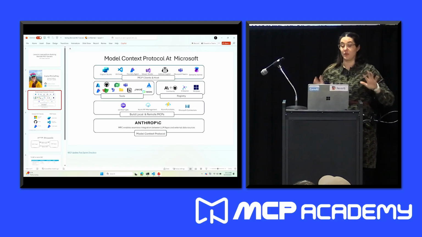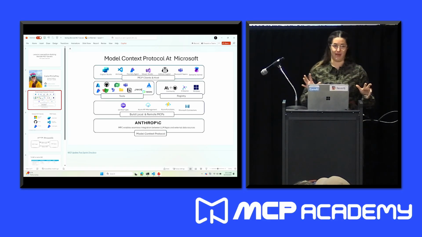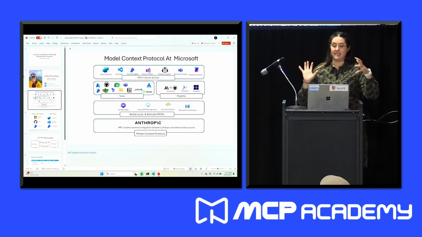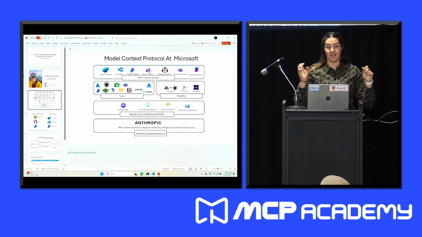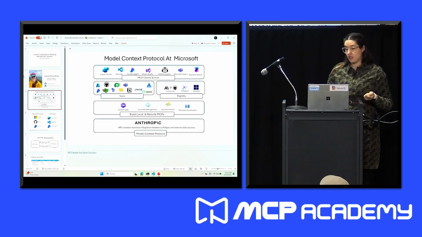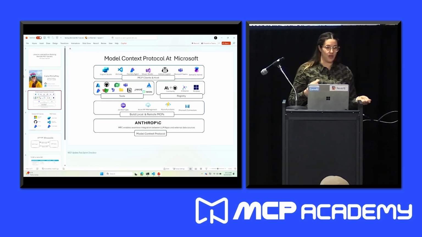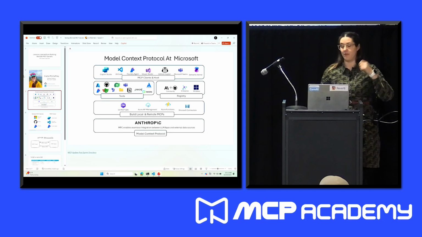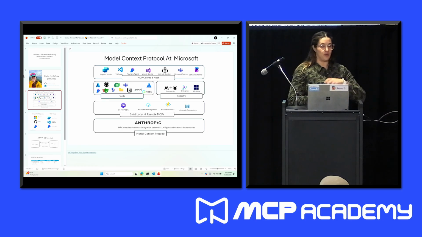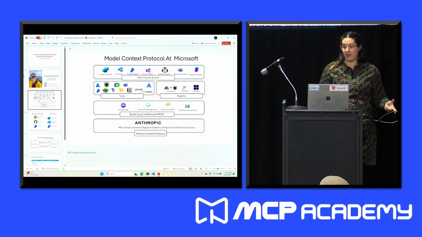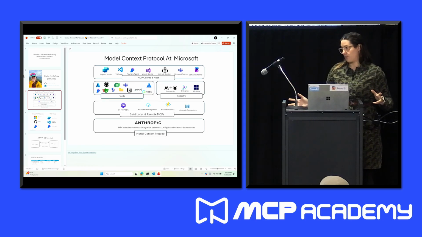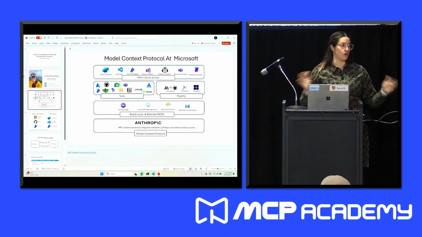And so I just wanted to give you, when we talk about thinking about Model Context Protocol at Microsoft, and we're very excited about it because we're seeing a ton of developer traction, and it's helping unlock a lot of great scenarios, is we think about it in these different frameworks, right? We have our clients and hosts, so we have things like Copilot Studio, which help you build low-code, no-code agents for business process automation. We have VS Code and GitHub and Visual Studio for all the developer scenarios. We have things like Foundry agents for more of a pro-code way of building, like autonomous agents that run in the cloud. And all of these things now support MCP, so we're really supporting this across the breadth of our